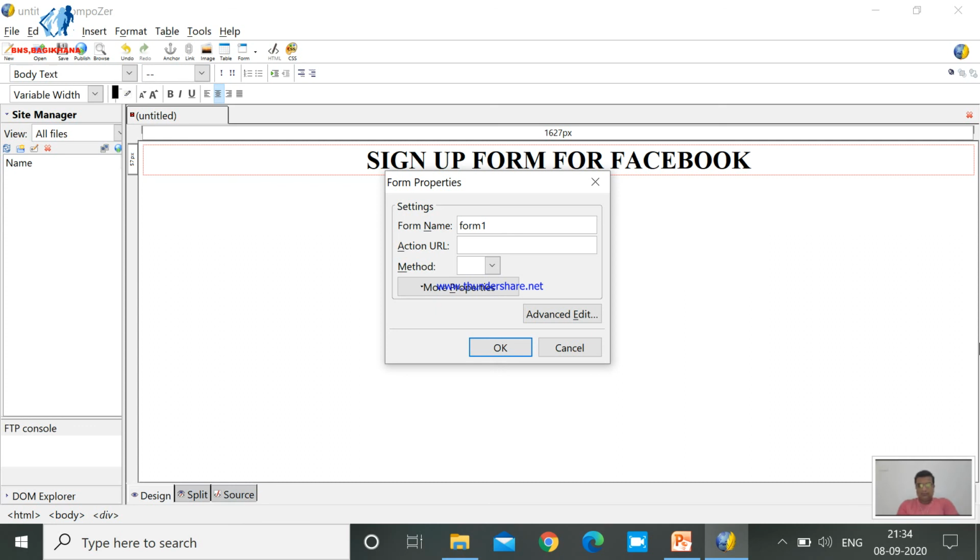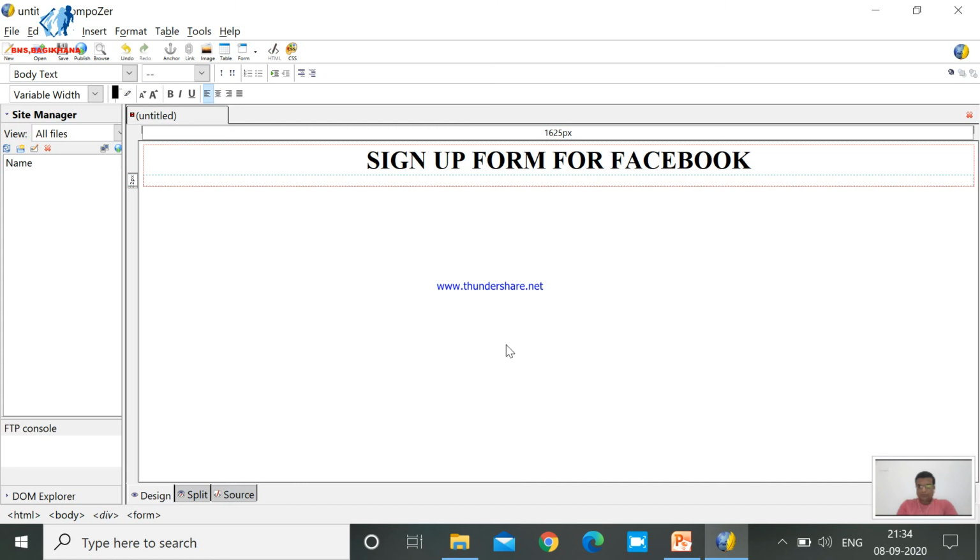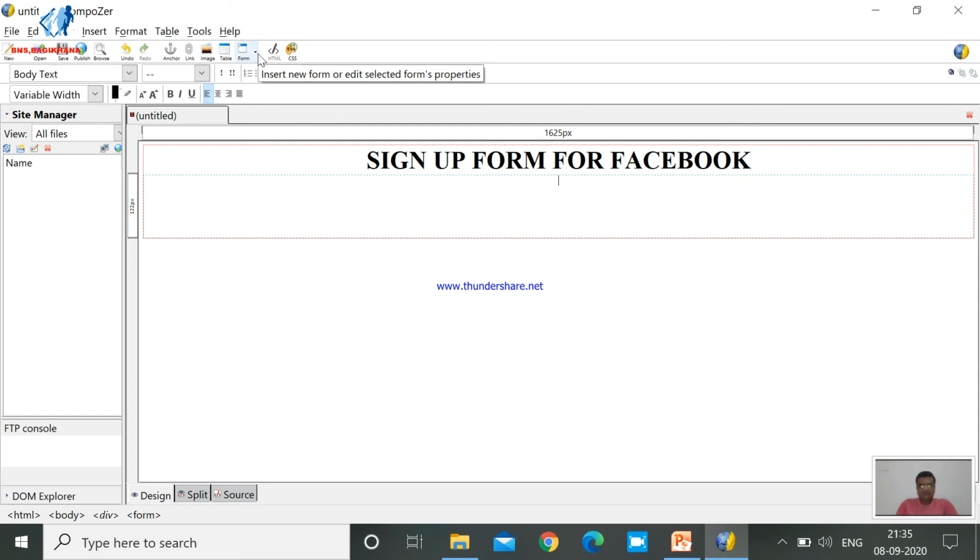Then action URL, once again I am giving the same name because it is very easy to understand. For action URL, you have to give the extension after the name of your file, and then we know from these two different methods we have to always use the post method for our form. After selecting these three fields, click on OK. When you press OK, you will find the new working area with a green dotted line, in which you now design your different input elements for your sign up form.